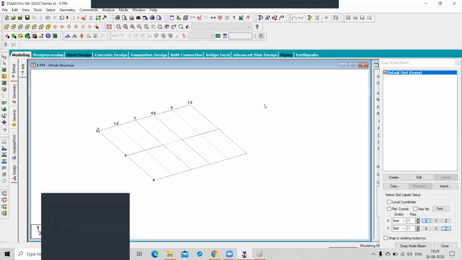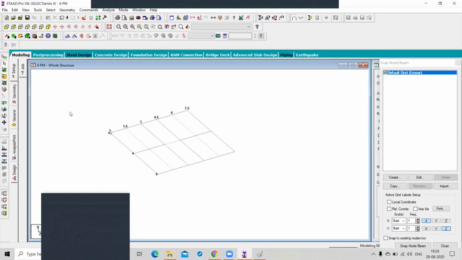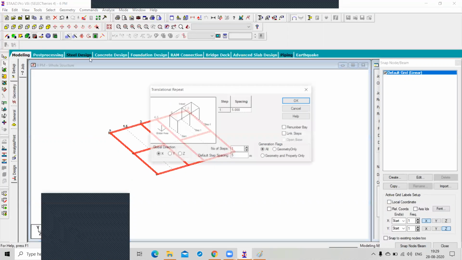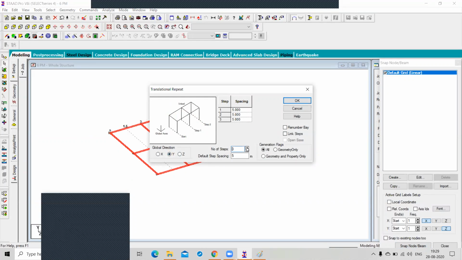How many floors do you want? 3. You can translate it in the y direction up to 3. And what is the height between your 2 floors? 3 meters. Good.